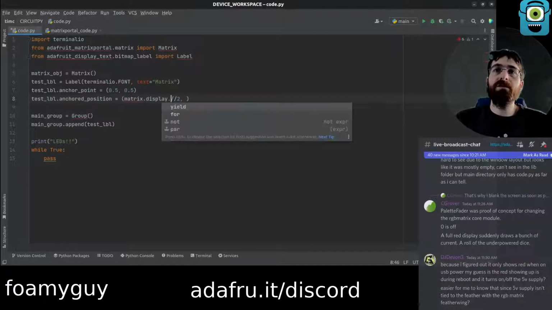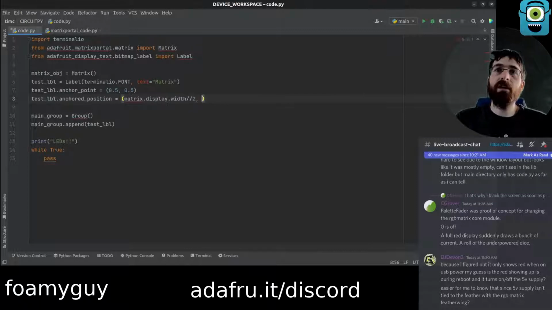Ooh, we can't just divide a display by 2. Half a display? What is that? That's not good. I actually changed a lot of variables, I guess, because I also didn't use the name matrix.